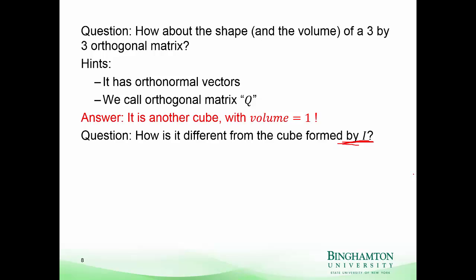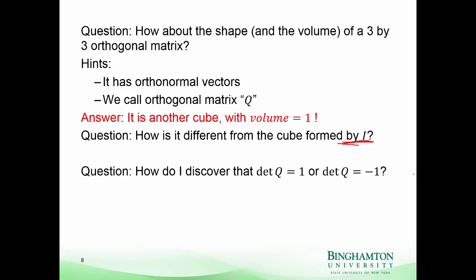You can rotate it in place. Anything that you can do. You just can't squish it. You can't stretch it. You can't twist it so that it becomes deformed. So it maintains its cube form. It's just oriented differently. And so that's what all these different orthogonal matrices would look like, the cube whose volume